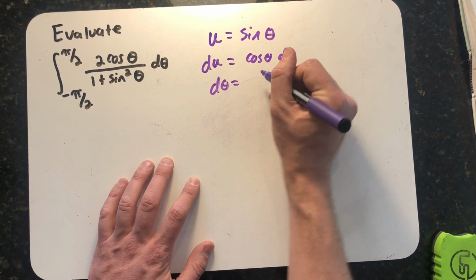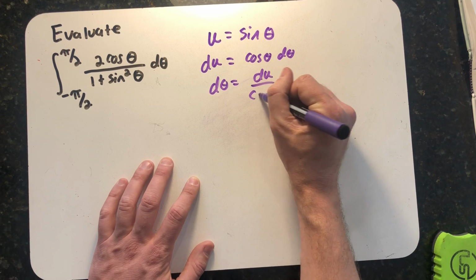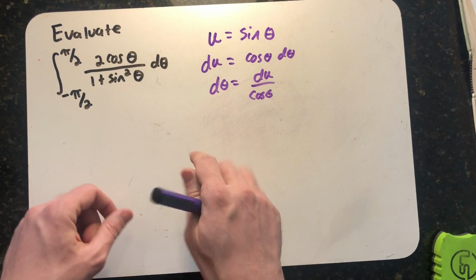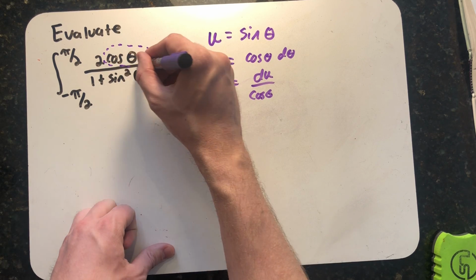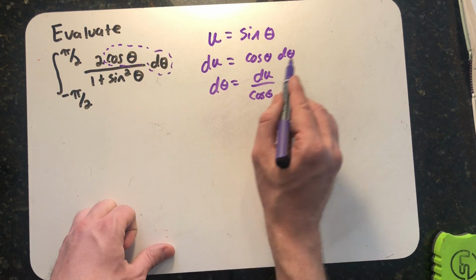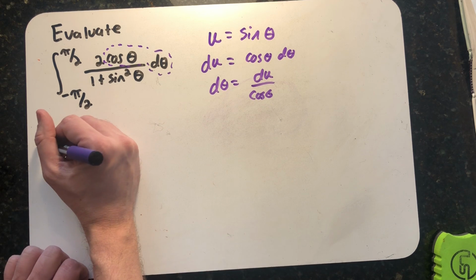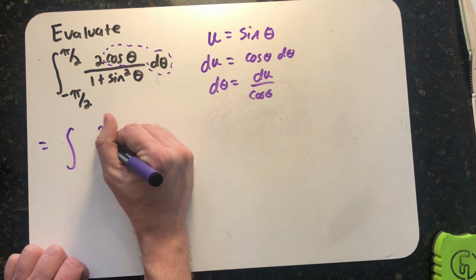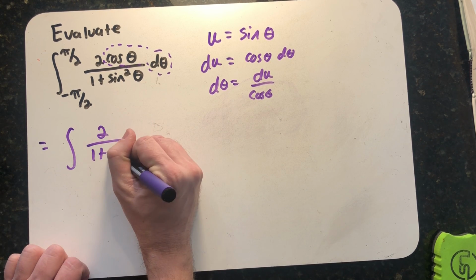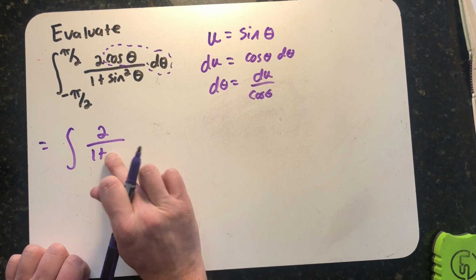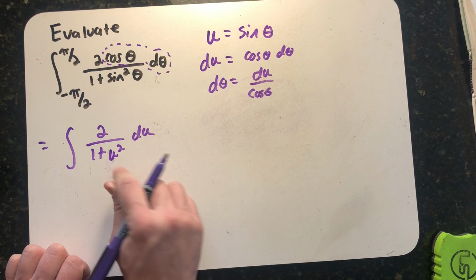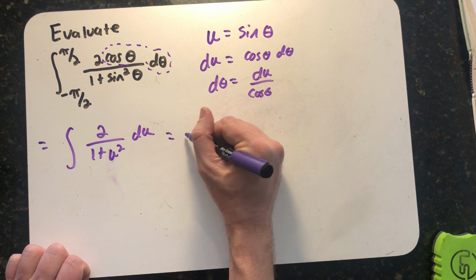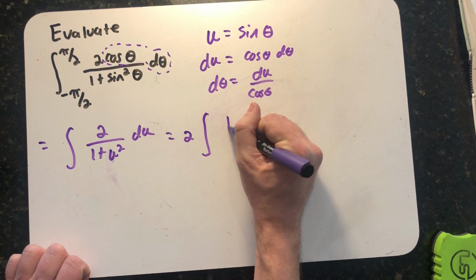That d theta then will be replaced by du over cosine theta. So I see they'll cancel. I could also just look at this and say, well, cosine theta times d theta, well, that's my du. So I could just go on and think of it that way and say, well, that's going to give me a 2 over 1 plus u squared du. I'm going to go on and factor that 2 out front,